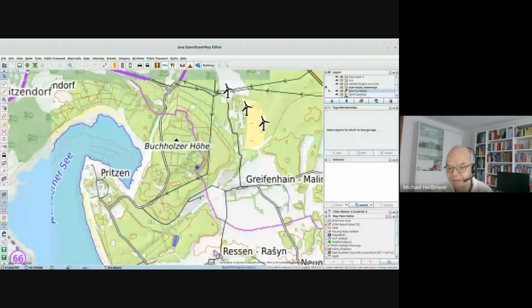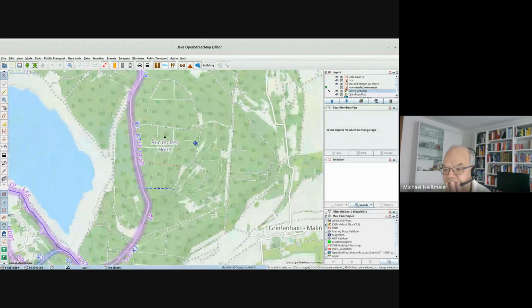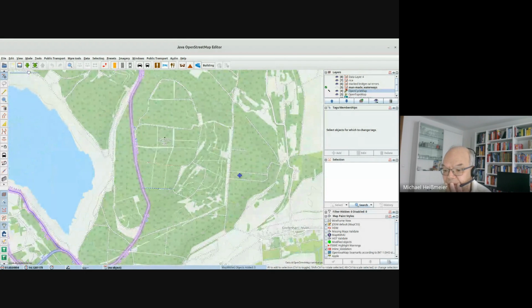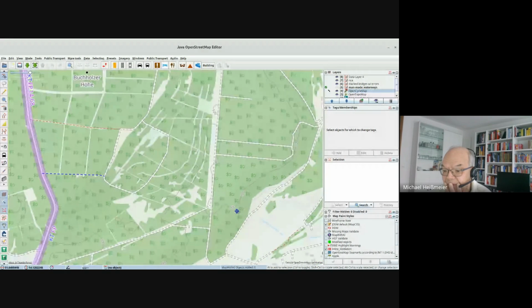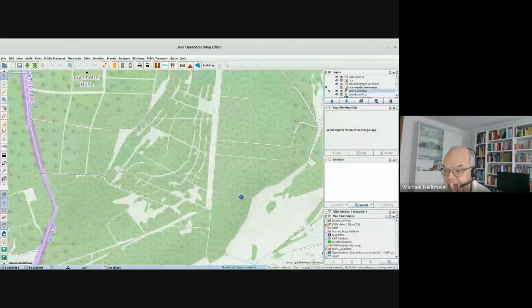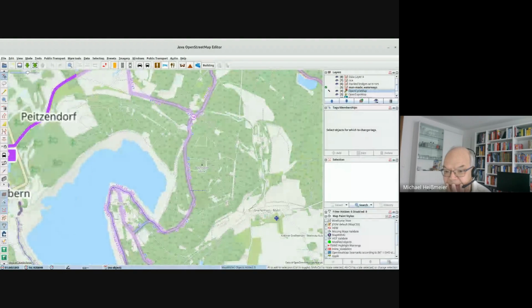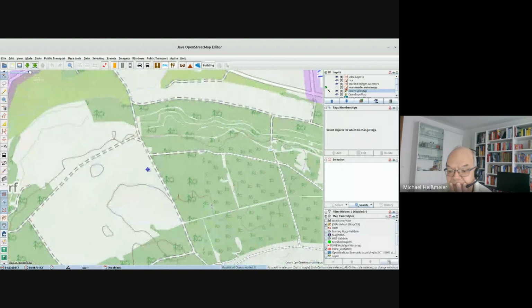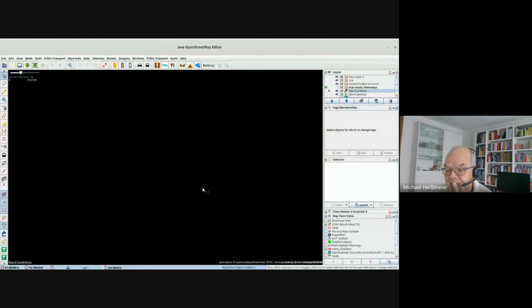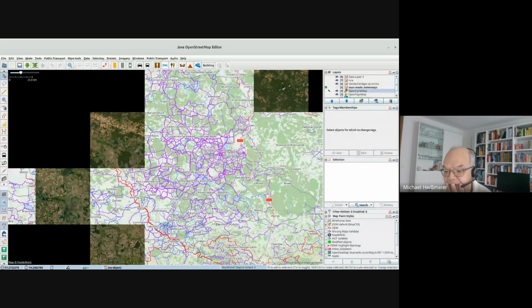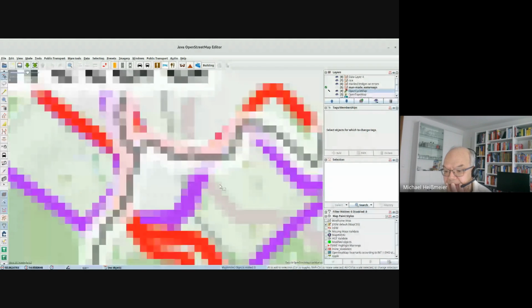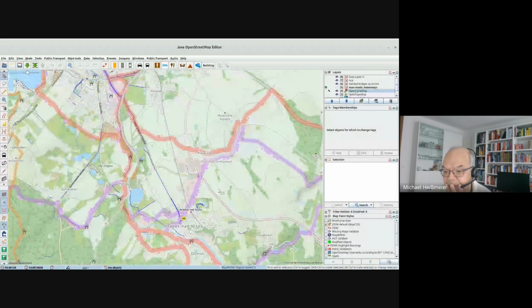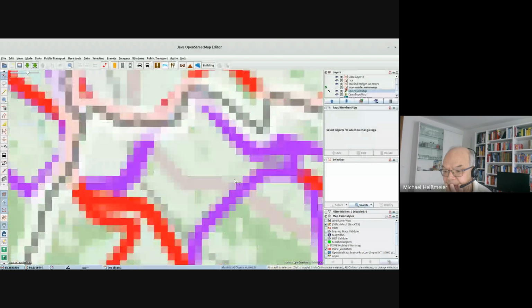Okay, now we've got it. If you zoom in closer, you see that this is a 100-meter line. I'm sorry, I didn't select a suitable area before, but that's not a problem.